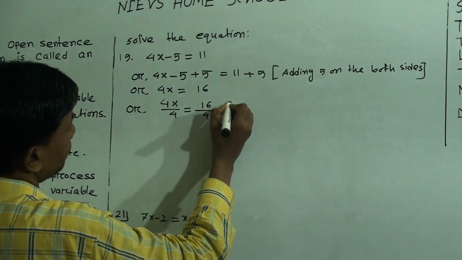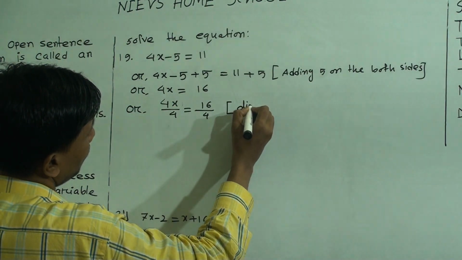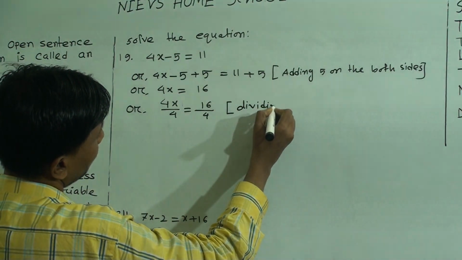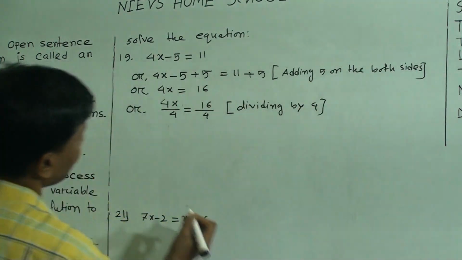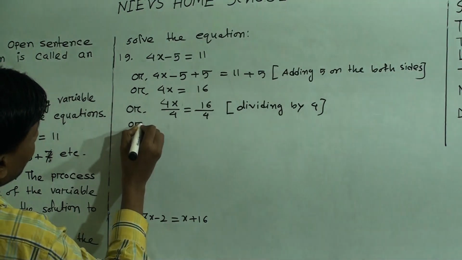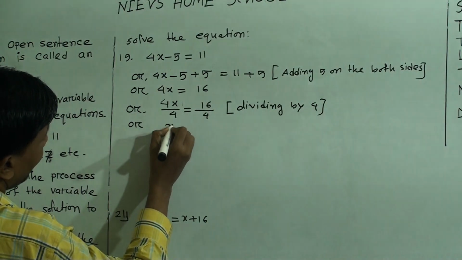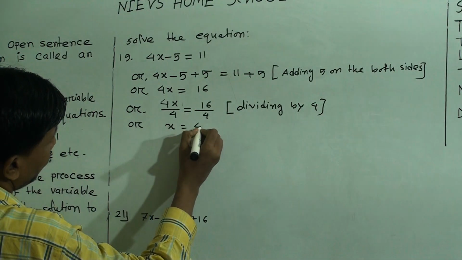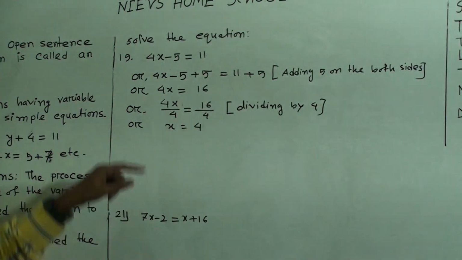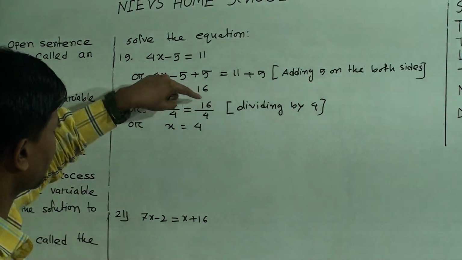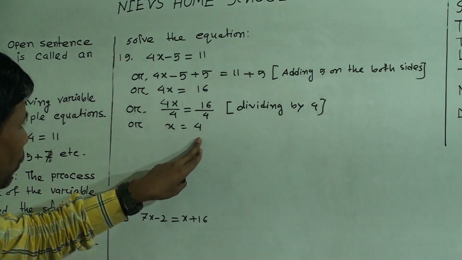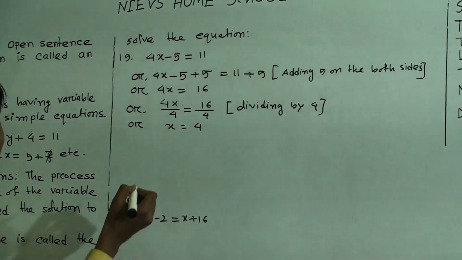Dividing by 4. Then 4 and 4 vanish, then x, then you get what? 4. Okay, student, if you divide 4 and 4, then x remains. If you divide 16 by 4, then you get 4. Therefore, write